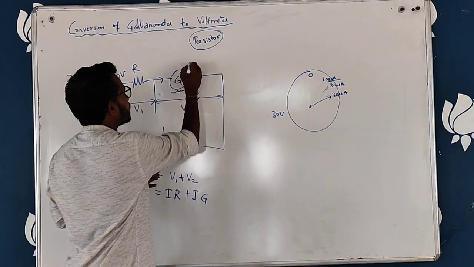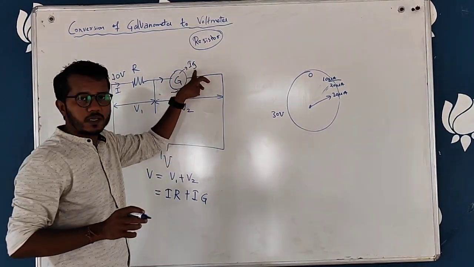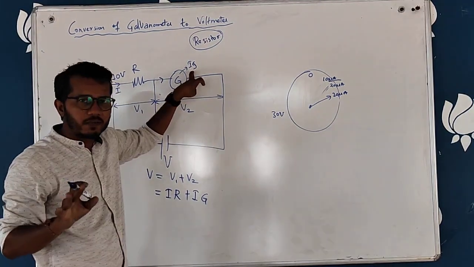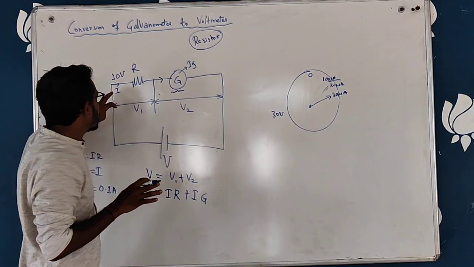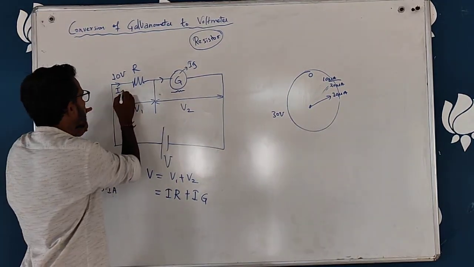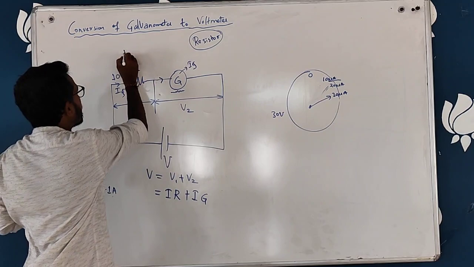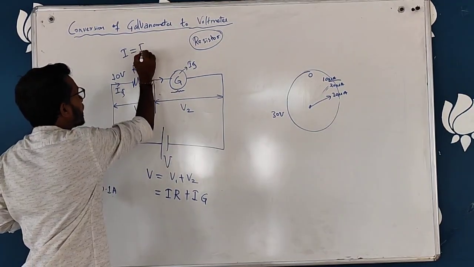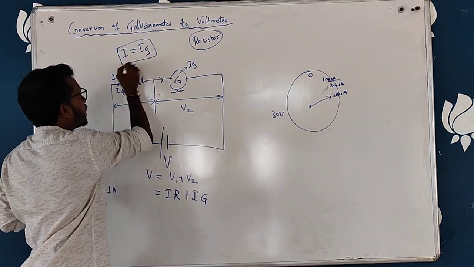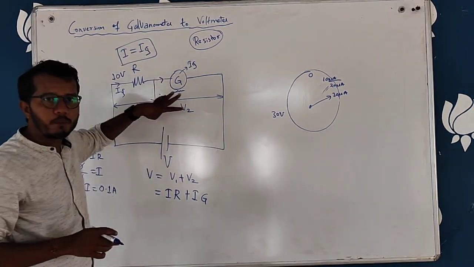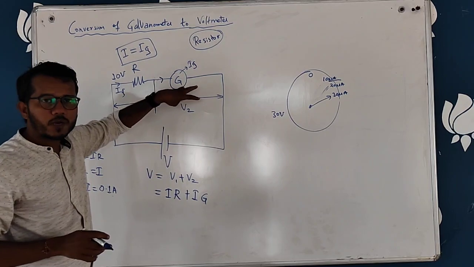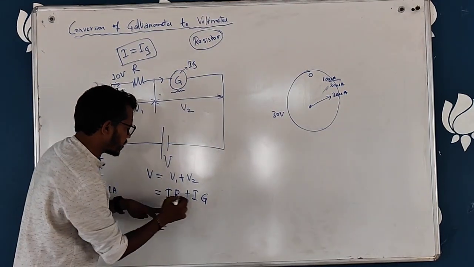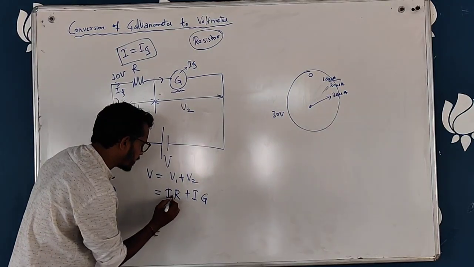Suppose the current I am getting is Ig, because the galvanometer reading current we are mentioning as the Ig value. Then this I value will also become Ig, because we know that this I will be entirely the same. So I can write I is equal to Ig. For series connections, the main current as well as the galvanometer current will be the same. So in my equation, instead of I, I can write the Ig value.